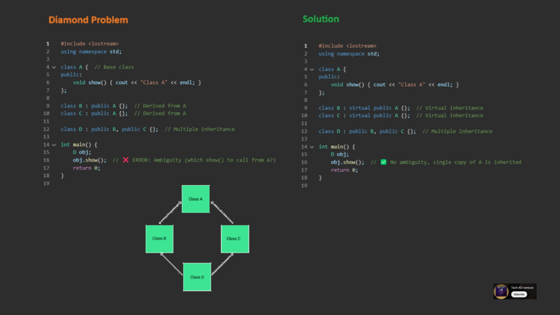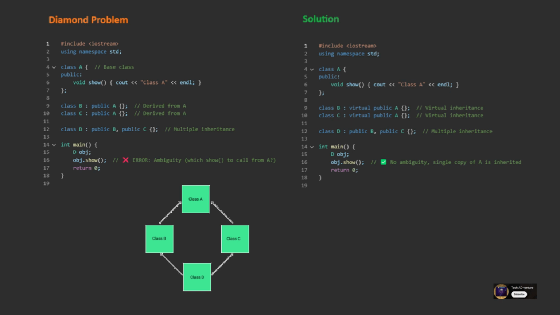Here's an illustration of the diamond problem. In this example, class D inherits from both B and C, which both inherit from A. This creates ambiguity because D has two copies of A's members, leading to potential conflicts. Solving the diamond problem: the diamond problem is typically solved using virtual inheritance. By declaring the inheritance as virtual, you ensure that only one instance of the base class is shared among all